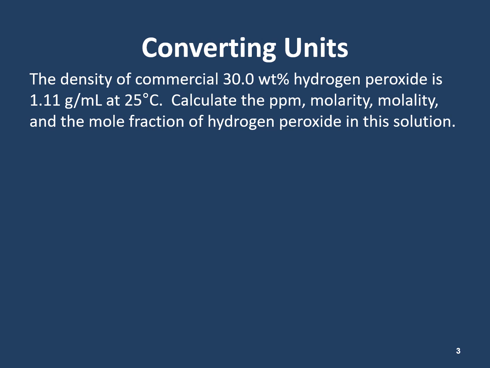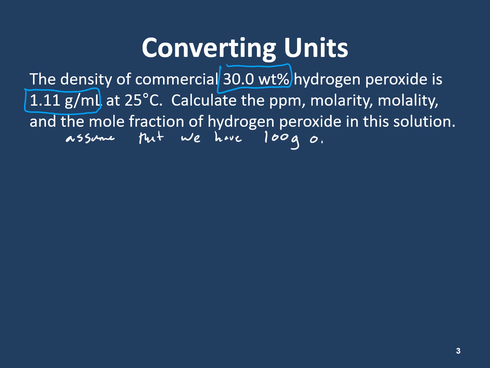So, for instance, if we read this problem, we know that a commercial 30% by weight or mass hydrogen peroxide solution has a density of 1.11 grams per milliliter at 25 degrees Celsius. Now, the 25 is just the temperature we're calculating at. It's not actually valuable. The only two valuable numbers in this are the ones I just circled or boxed. Now, notice that neither of those numbers tells us how much solution we have. So we're going to make an assumption here and assume that we have